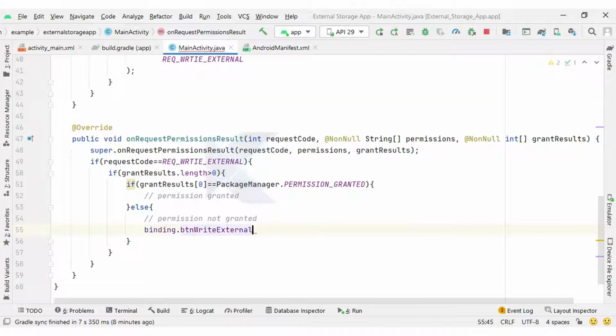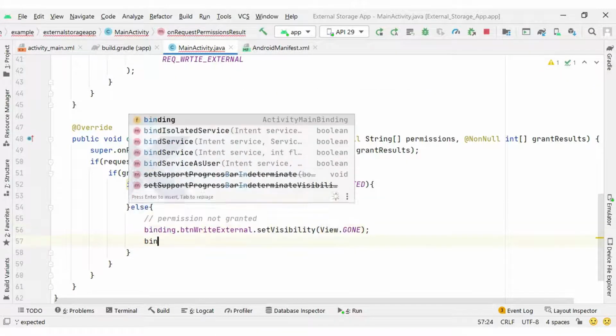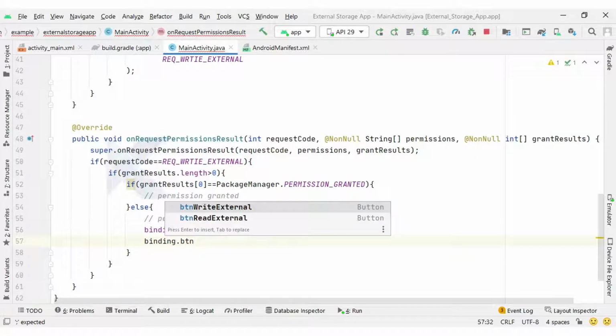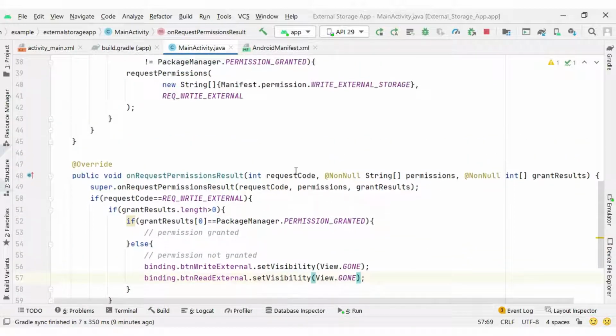So let me hide the button, set visibility gone, on binding.buttonWriteExternal. Sorry, the read external button we need to hide again, another one. So we hide the buttons here if the permission is not granted.